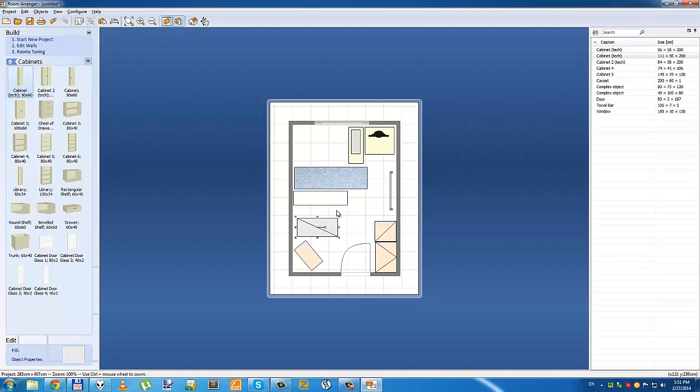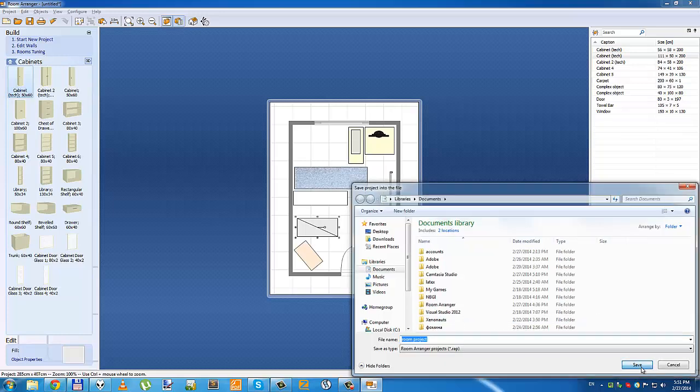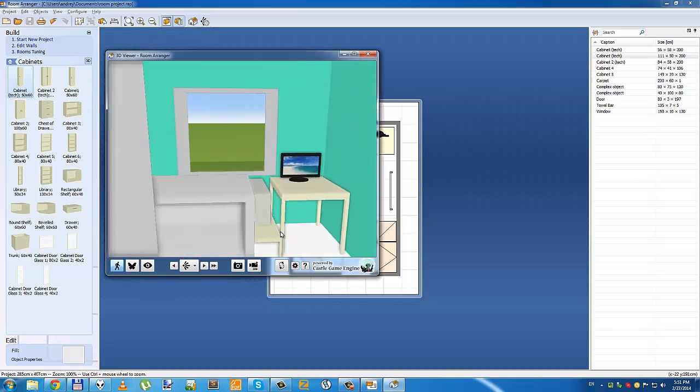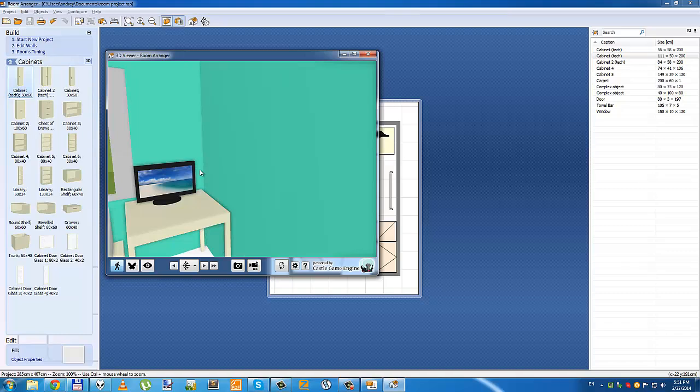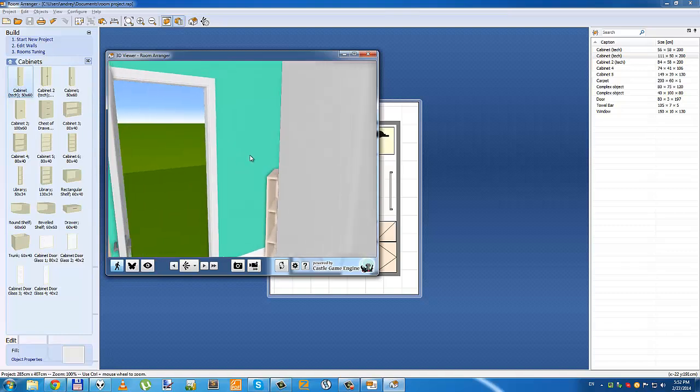Okay, so now we have it. We can freely place it as we want to. That's the most difficult part. 3D Designer looks really helpful this time. Well, it's not so big and